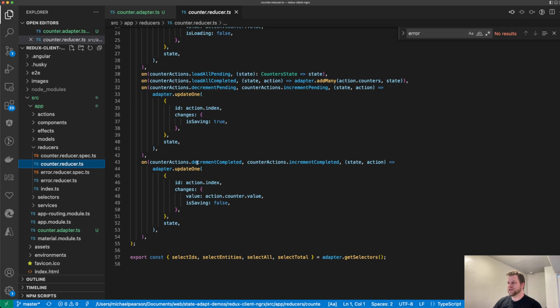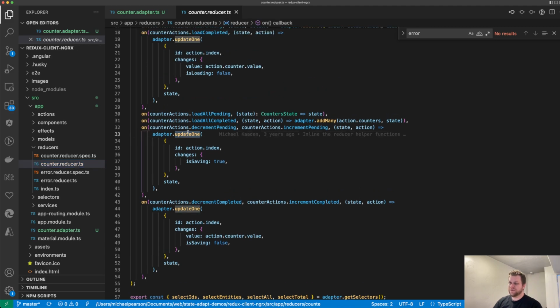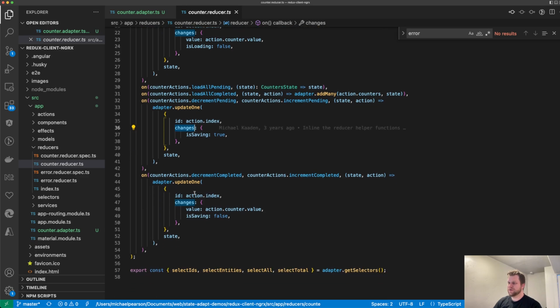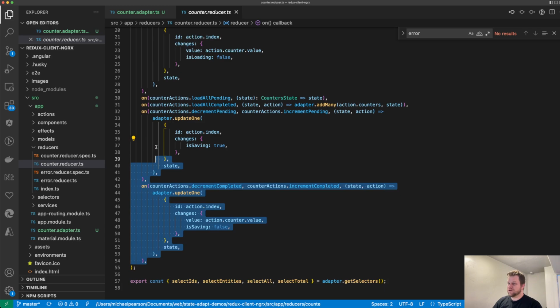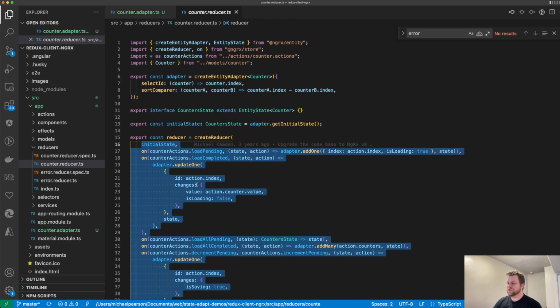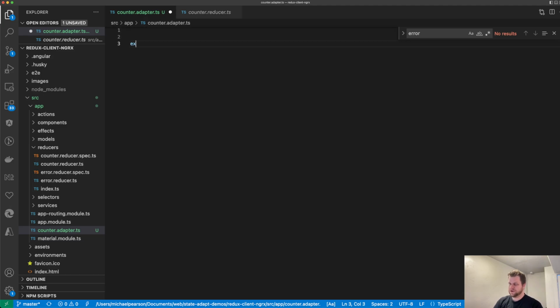This uses NgRx entity. I'm not familiar with this. Update 1, and then changes. Is this how it always was? Maybe it was. I don't know, but I'm going to copy it over, but anyway, export const